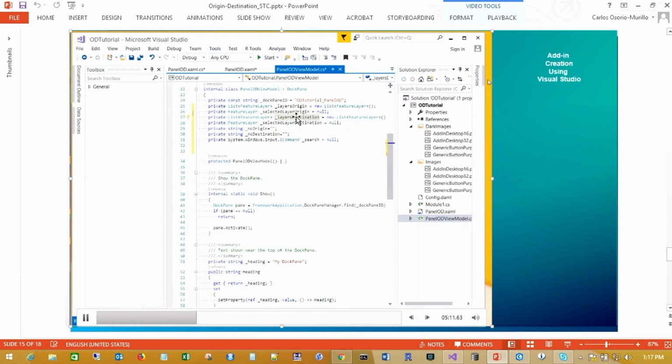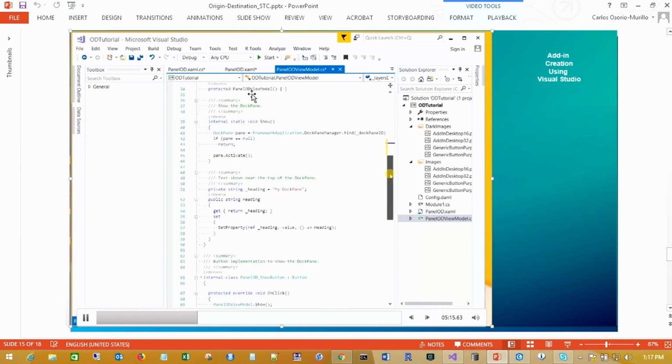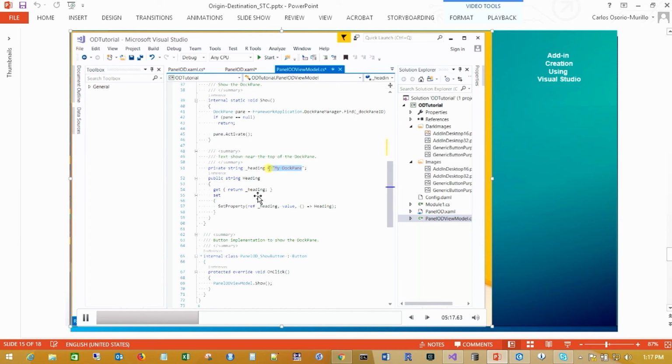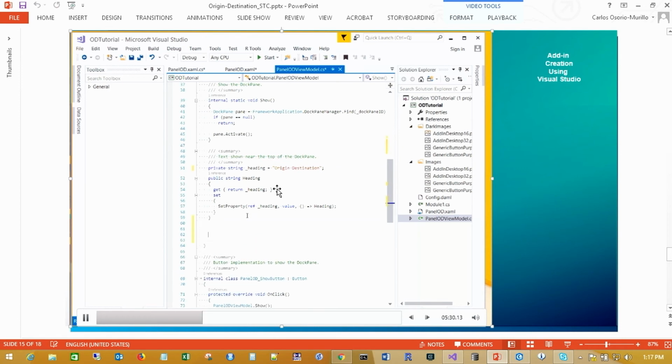We populate the other one. This is only the private variable that we are going to create. Then we change the name of the description of the heading to understand how the dock pane is going to look, and we add the different properties